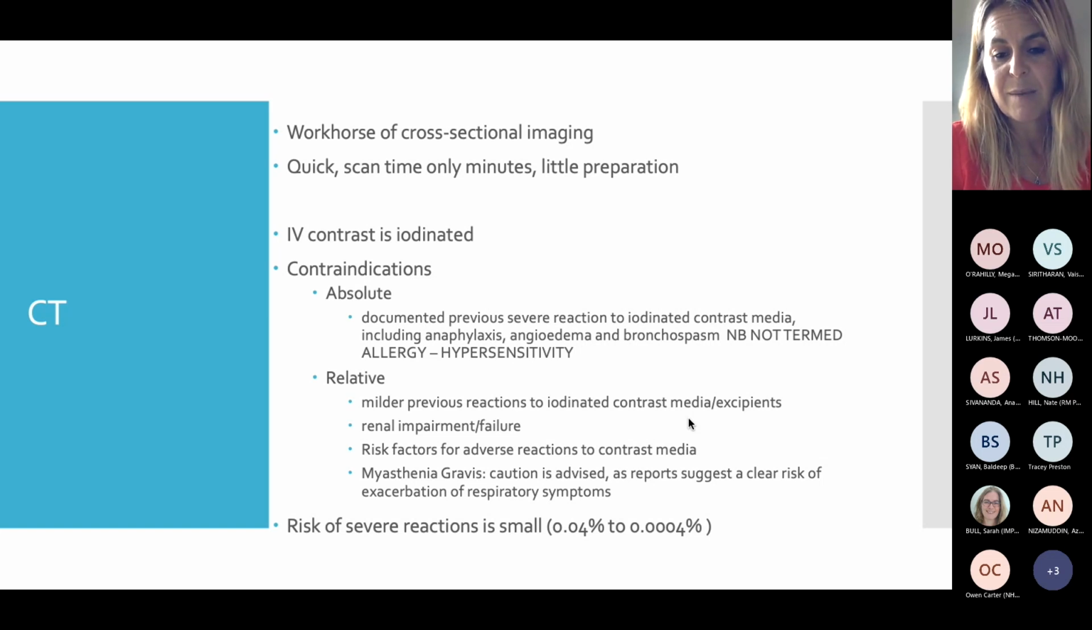A history of renal impairment or failure, but obviously we know that that's not a complete contraindication, and there's many times that we give patients with renal impairment iodinated contrast. If they've had previous adverse reactions, history of myasthenia, and if they have risk factors for adverse reactions to contrast media, they're also relative contraindications, but it's more something to discuss than something to necessarily prevent them having the CT with contrast in the first place. Overall, the risk is really very small,